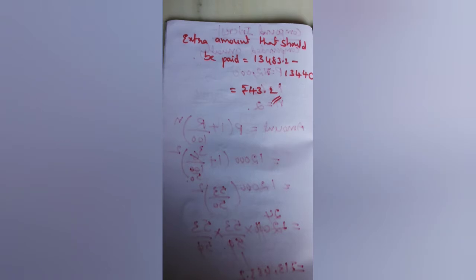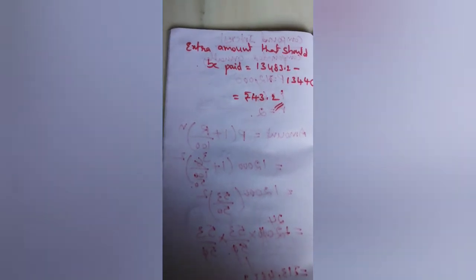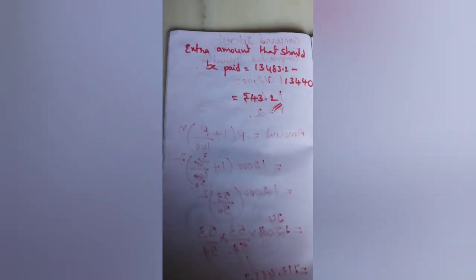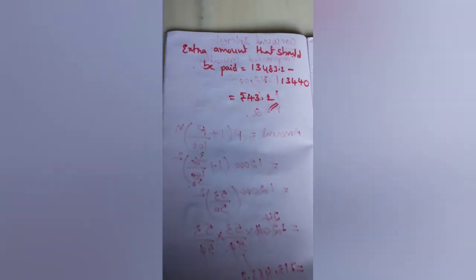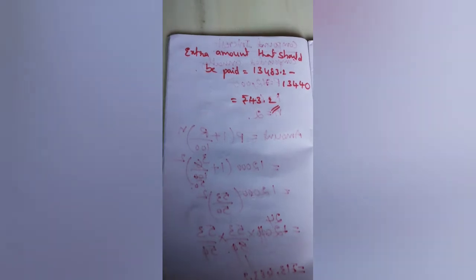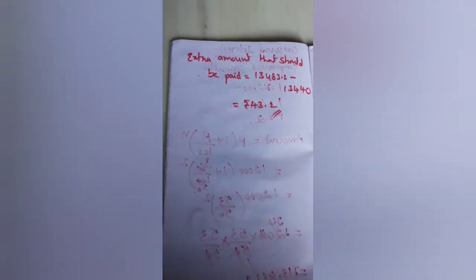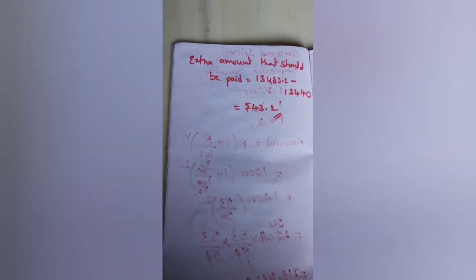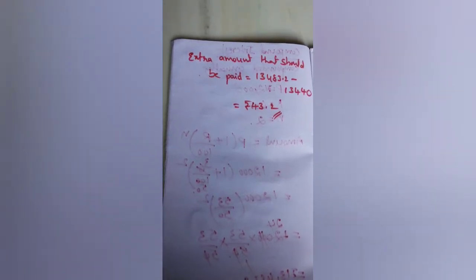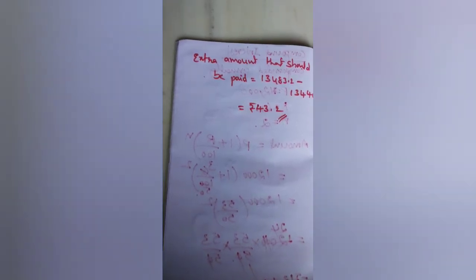Now let us go for the 10th. In a laboratory, the count of bacteria in a certain experiment was increasing at the rate of 2.5% per hour. Find the bacteria at the end of 2 hours if the count was initially 5,06,000. See, this I will just give you the hint and you have to do it. This is the same as every year it will increase, or here for every hour it will increase. After 1 hour, on that increased count again 2.5% is going to increase.